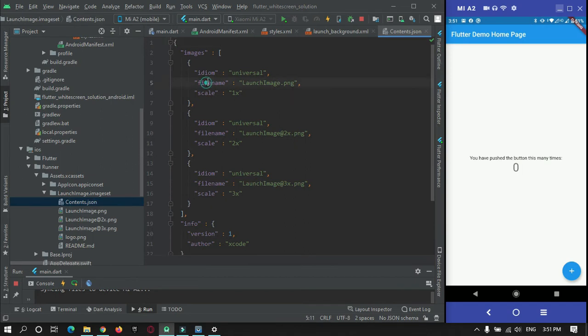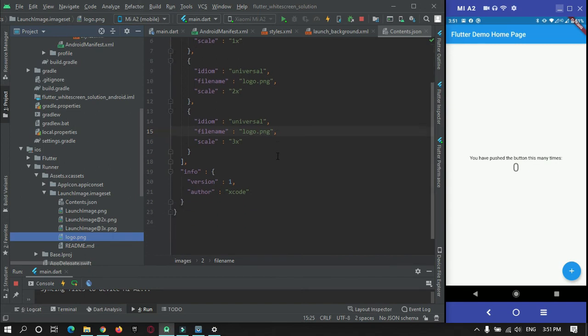Over here, you need to change the file name to logo.png, each of them. You just need to edit the image size, as you can see, 2x, 3x like this. So this will run on iOS also.